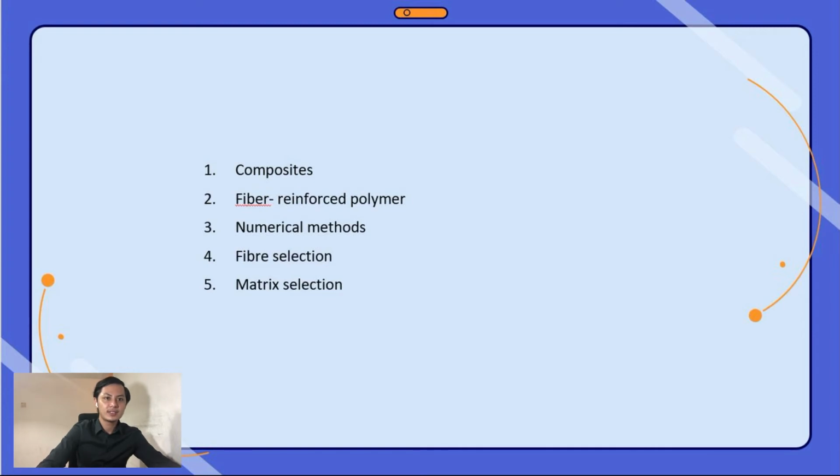The composite is an element that is produced by combining two or more materials with different mechanical, physical, and chemical properties, whether organic, inorganic, or metallic. The composite consists of two or more phases on a macroscopic scale, where it is specifically engineered to produce mechanical properties and performance that are superior to all of those constituent materials acting independently.